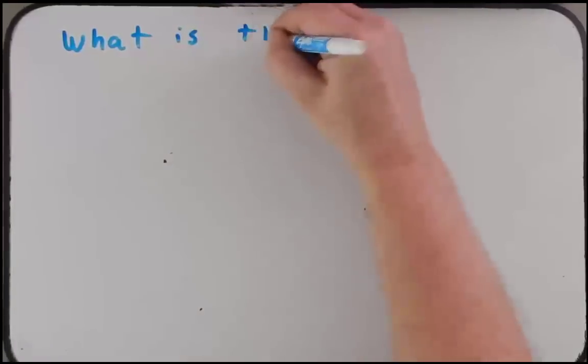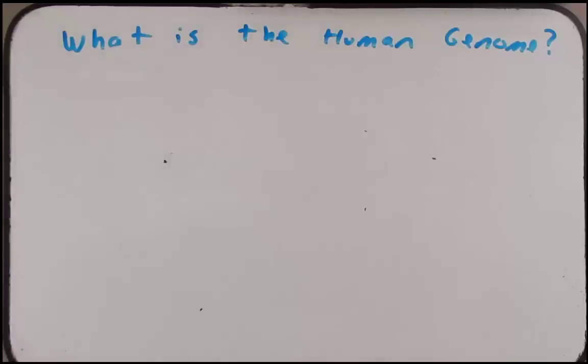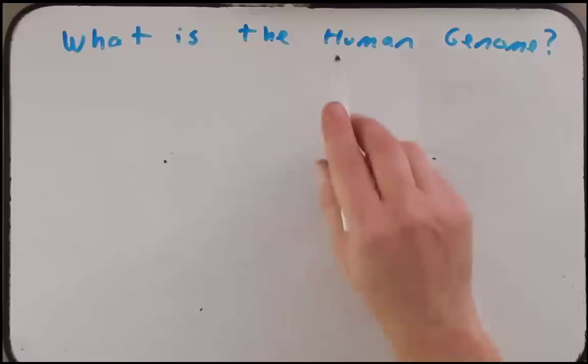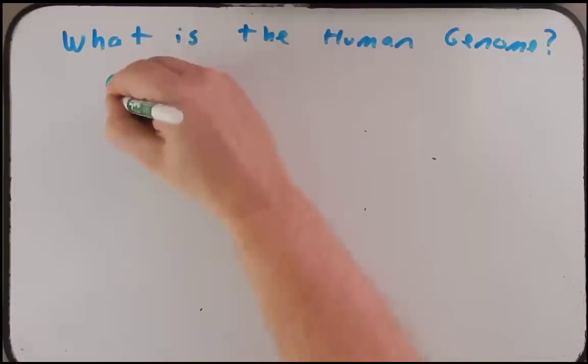What is the human genome? To understand this question, it's important for us to understand where the genome that was sequenced came from. Remember, on this planet, we have billions of people, and we weren't the first people here. There have been people on this earth for a very long time. And so what we've really done is taken a few individuals